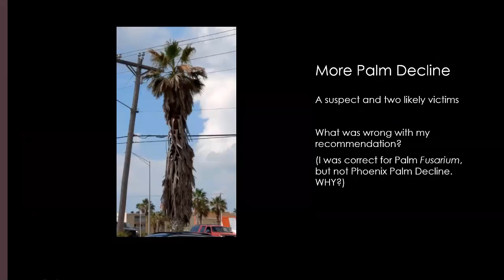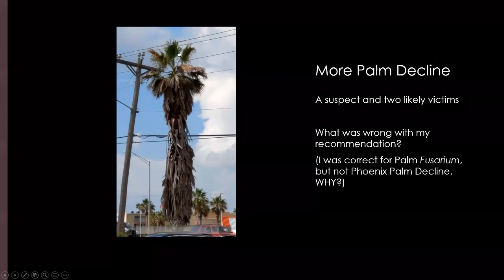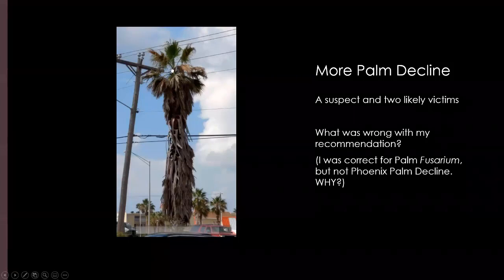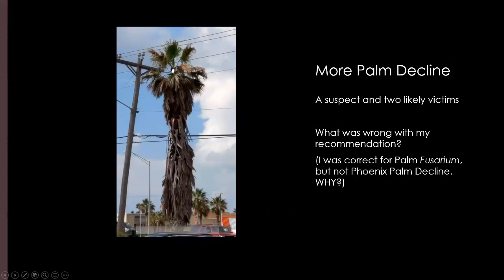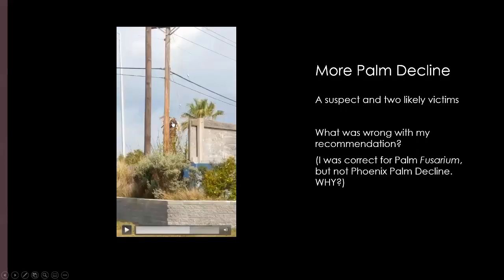Now, this is also on the island, and this was in a line of standing dead trees, partly ill trees. And what happens with Texas Phoenix palm decline is you'll see a slow loss in the terminal bud of some fronds dying before they should. And where they start to do that, within a few months, you have a dead tree. And then you have this. When you get to this point,